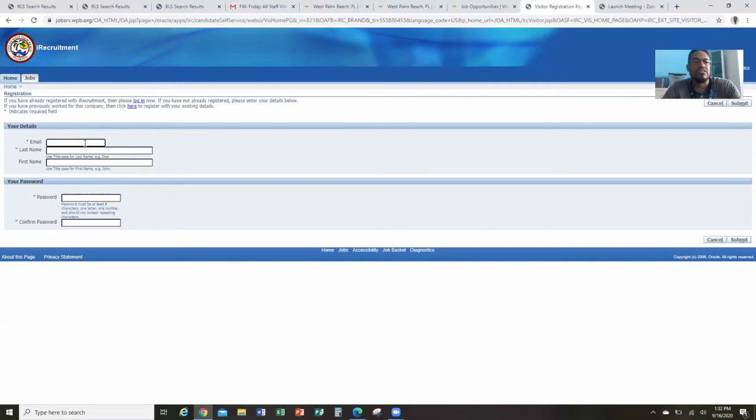And then we're going to put in the required information, first with the email. Again, we are using Mr. John Q. Smith, actually. That's our make-believe person, our make-believe profile that we are using so that we can set up a profile with the city of West Palm Beach for when we do our job search. So we're going to put in the last name Smith, first name John,